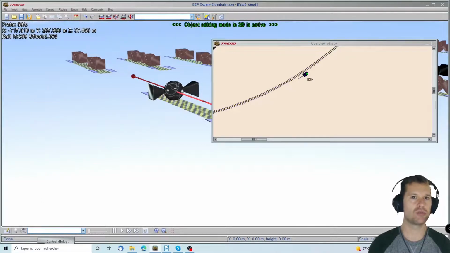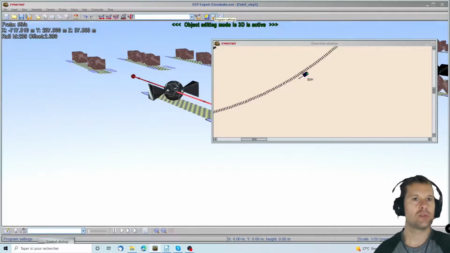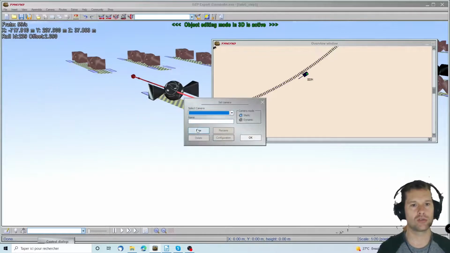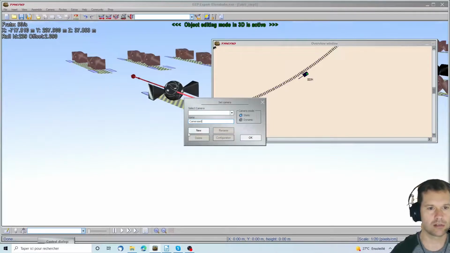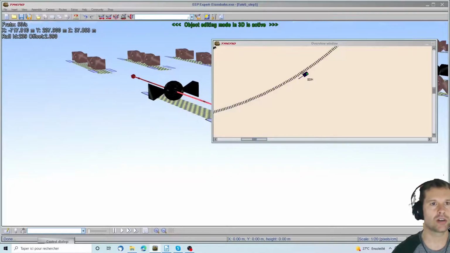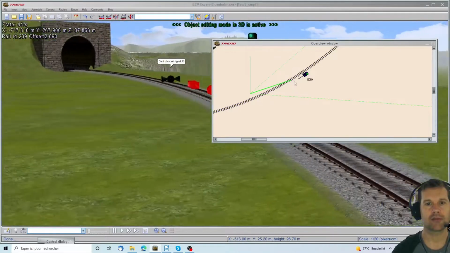Let's move it a little. Here I'm going to have this camera set here for me to be sure I will be able to come here again. As you can see, camera set. That's nice. So here, that's the one I want to protect, placing a camera,